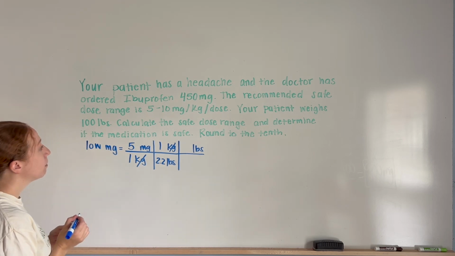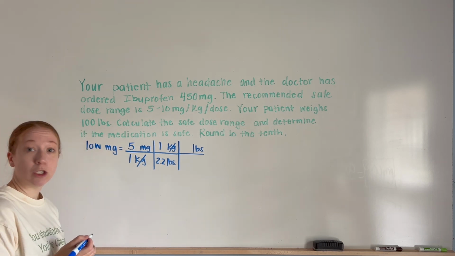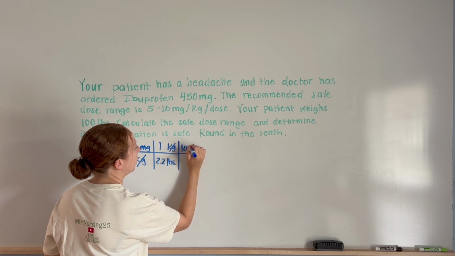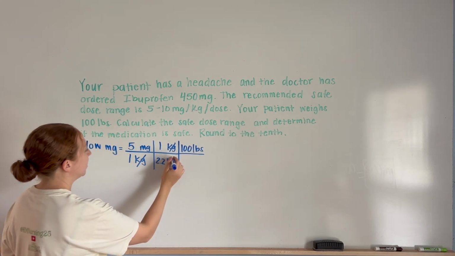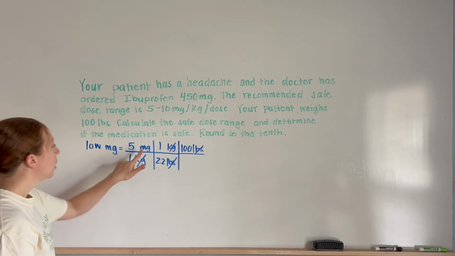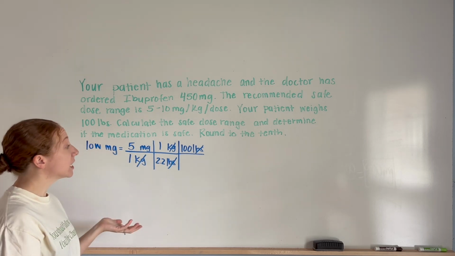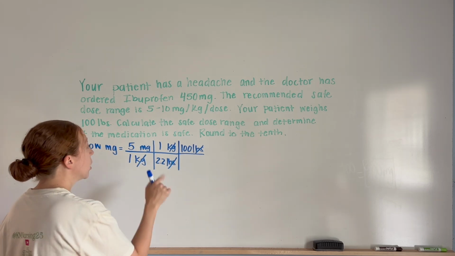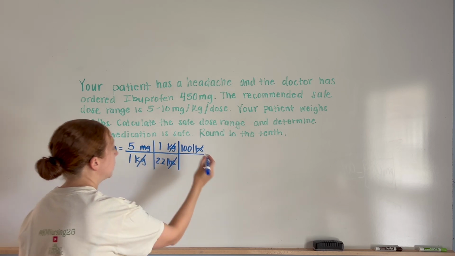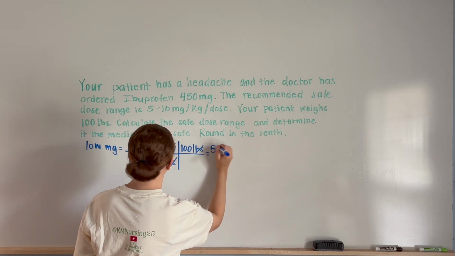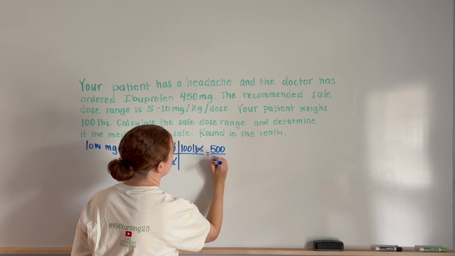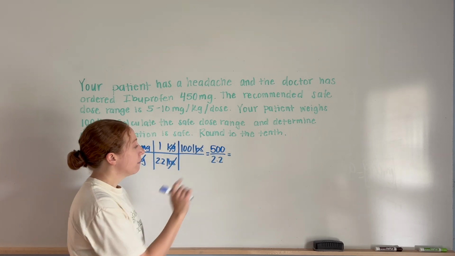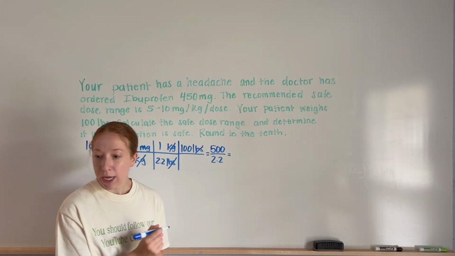I'm going to look back at my problem. My patient weighs 100 pounds, so that's what I'm going to put right there. Now my pounds cancel as well. All that's left is milligrams, and that's what I'm solving for. So I'm going to go ahead and solve. 5 times 1 times 100 equals 500, divided by 2.2. So 500 divided by 2.2 gives me